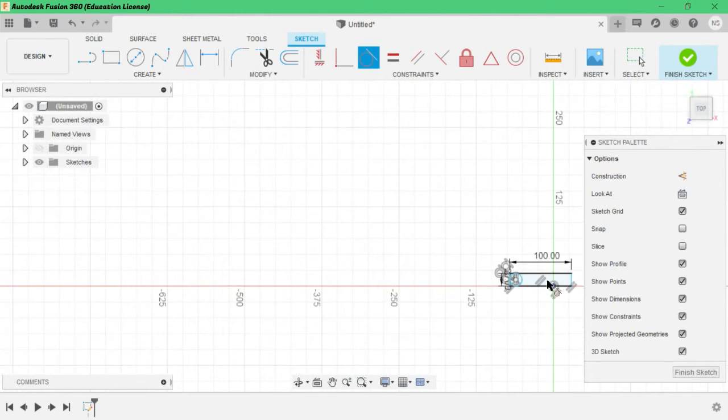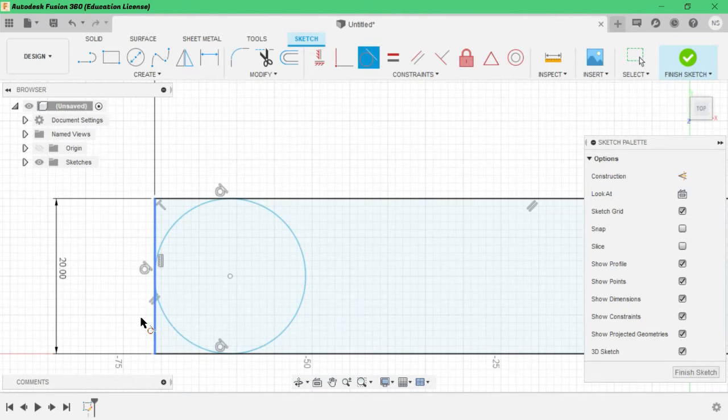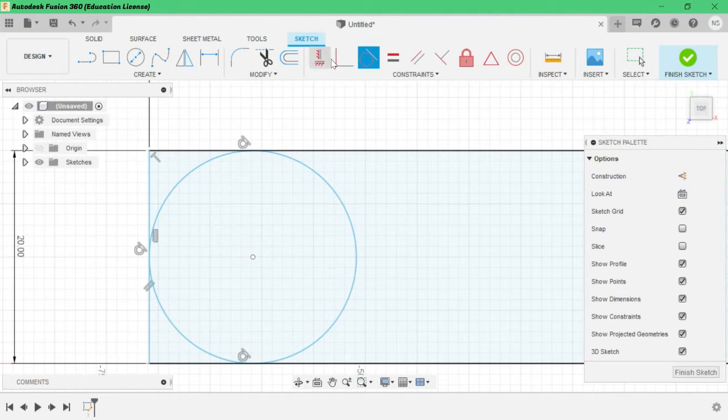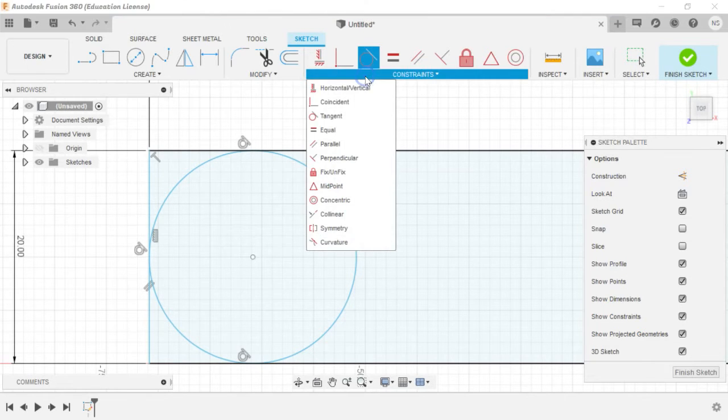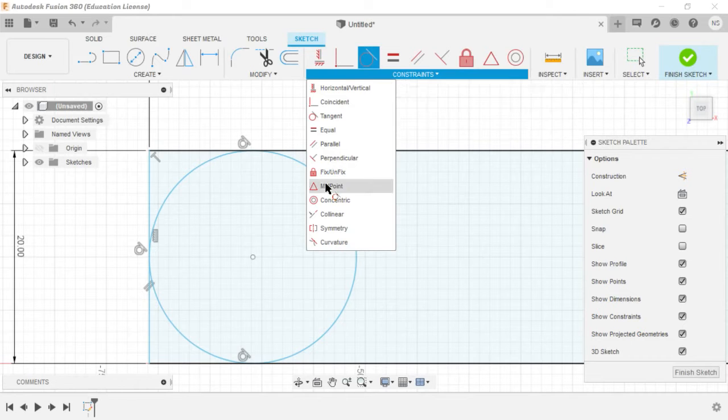Okay, see how it is defined. It is tangent with this, and again, a tangent means that for a circle, a curvature has to be tangent to a given line and parallel, and there is a midpoint.